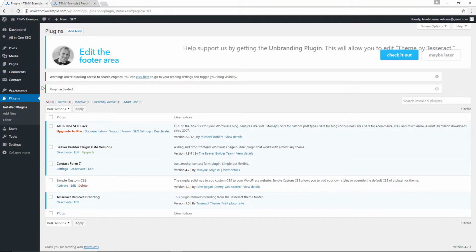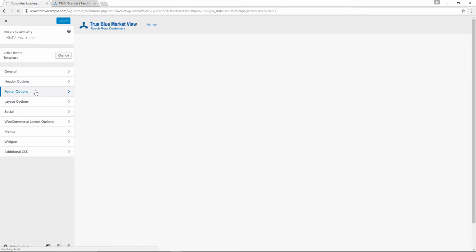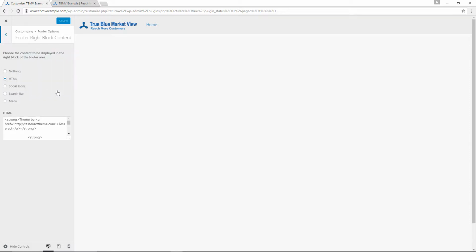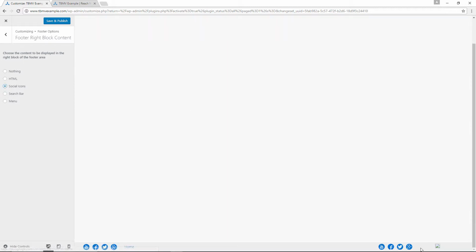So at this point, we can go to Appearance, Customize, and we should now have options in the footer unlocked. So if we go to Footer Options, and to Footer Logo, actually to Footer Right Block Content, we can see here now we can edit the HTML, which is currently displaying Tesseract theme by Tesseract, and we can change this to nothing. We could make this the social icons. We could make it a search bar. So here we have social icons, and I'm going to go ahead and stay with social icons on the right,